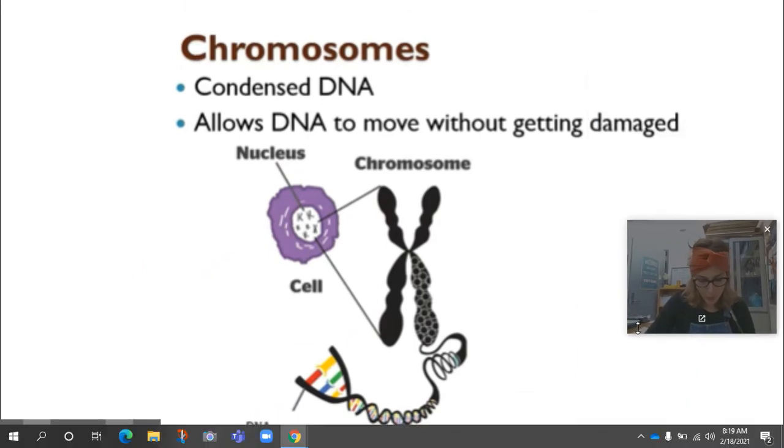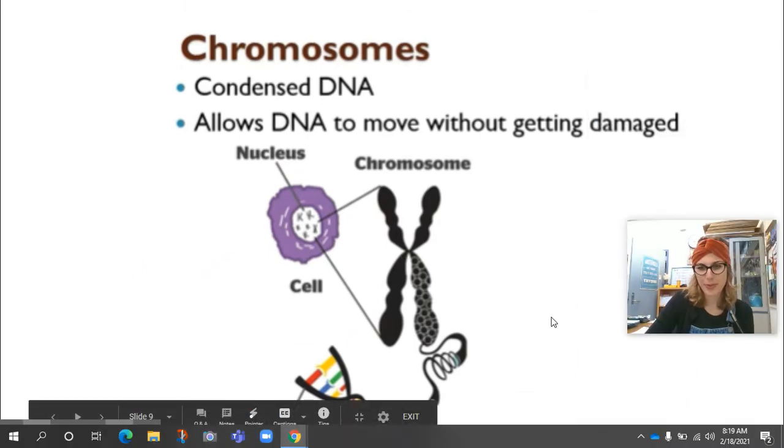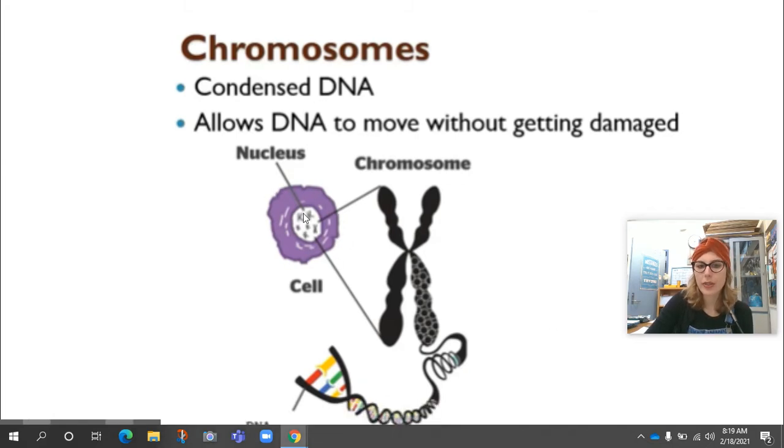Okay, so let's just quickly talk about something called chromosomes. We've learned that inside of our cells, we have an organelle called the nucleus. And inside that nucleus, we have our DNA. Now, most of the time, if you were to look into the cell, that DNA would look like a whole bunch of messy string. But we're going to see during a phase of mitosis that DNA, instead of being all stringy, is going to condense. It's going to coil up on itself, and it's going to coil into these things called chromosomes.